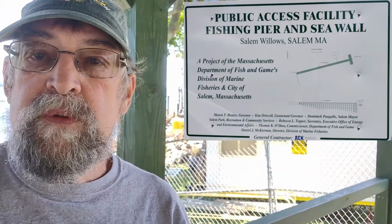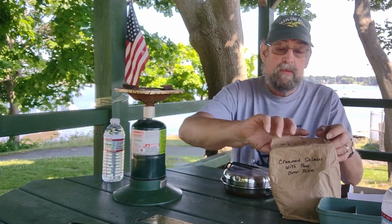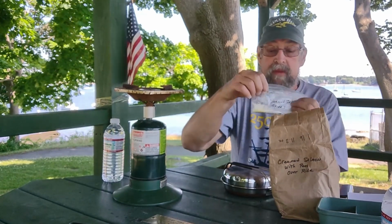I'm here at the Salem Willows Pavilion in Salem, Massachusetts. If you hear sounds going on in the background, that's because they are working to build out a new pier at Salem Willows. Today I'm going to make creamed salmon with peas over rice. So the first thing we need to do is get out our ingredients, and we have the